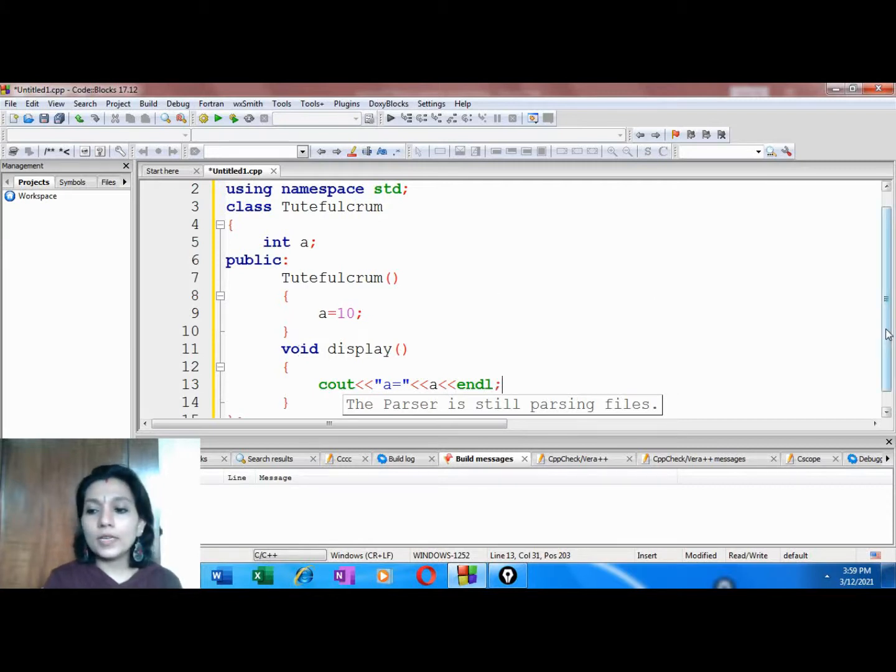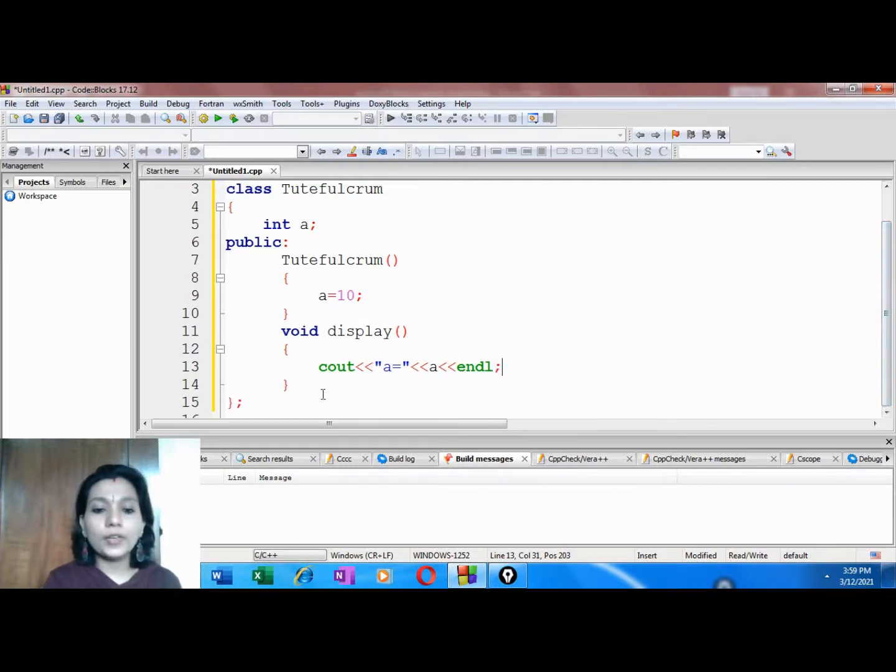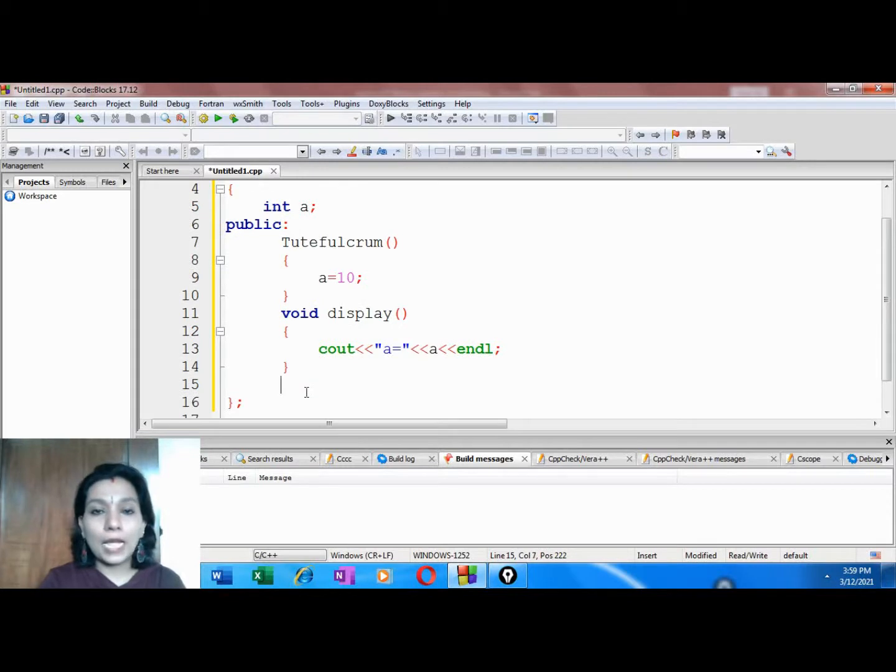Okay, now let's add the operator overloaded function. So let's see first implementing the operator overloaded function as a friend function of the class. So what is the rule? As per the rule, if you're trying to overload a binary operator as a friend function of the class, there should be two arguments to the function. And what are the two arguments here? It should be the objects of the class because we are trying to add two objects here.